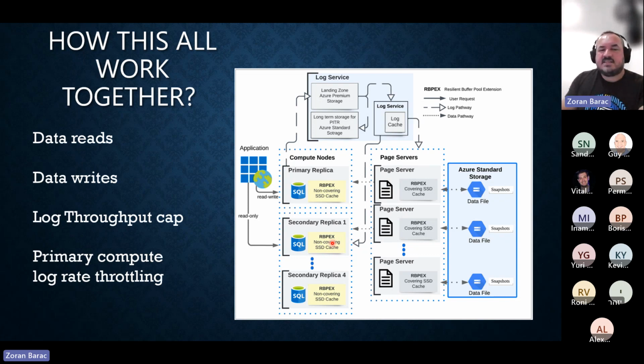As I said, it's not a covering cache. It's not going to hold every piece of data there. It's going to hold what is necessary, and the size is different depending on the vCore, on the memory, and so on, which we already explained. You can't keep all the pages there. But if there is a get log block request to the log service, it applies that log and returns the page to the primary replica. This waiting time is going to be counted as a page IO latch.